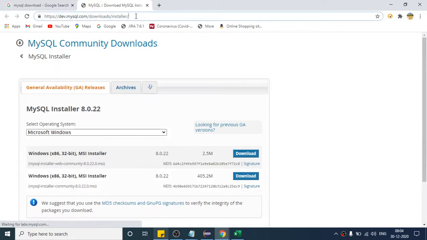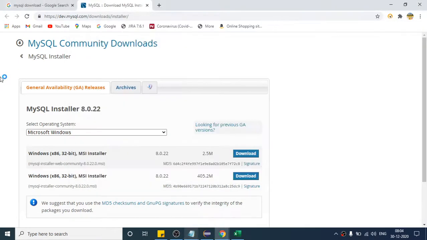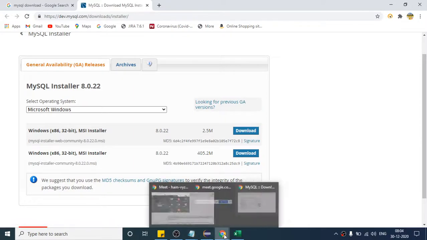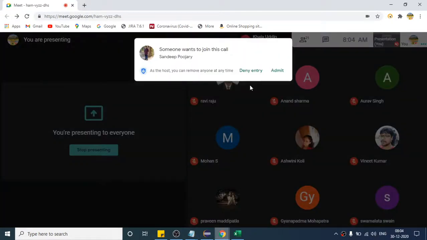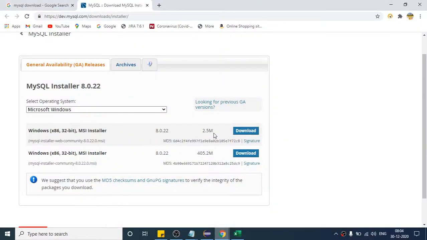So this is the link to download MySQL. Let me paste it here. Here you will see two setups. This one is 405 MB and this one is 2 MB, right? So we have to download this one. You have to click on this download,